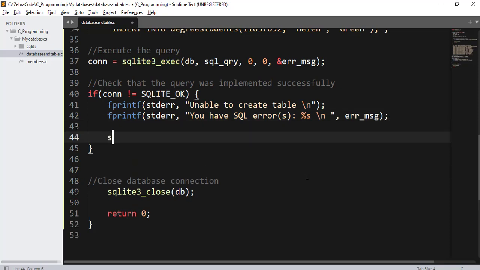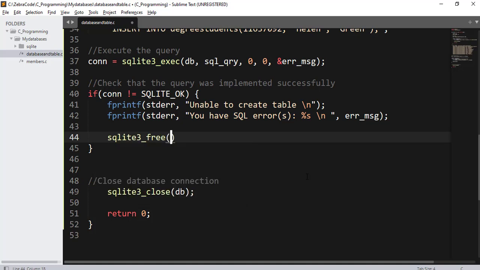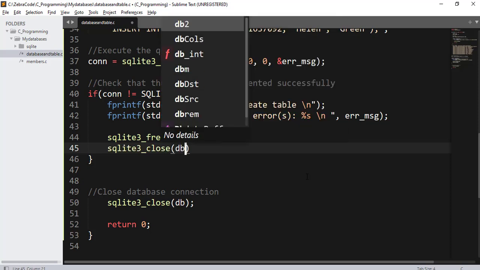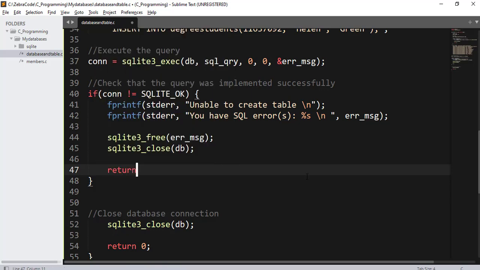That will be sqlite3_free, the error message, semicolon, and sqlite3_close db, semicolon as well. Return what? Return 1. Normally, if everything goes well, it will return 0. But in this case, if there is an error message, it will return 1. Else,